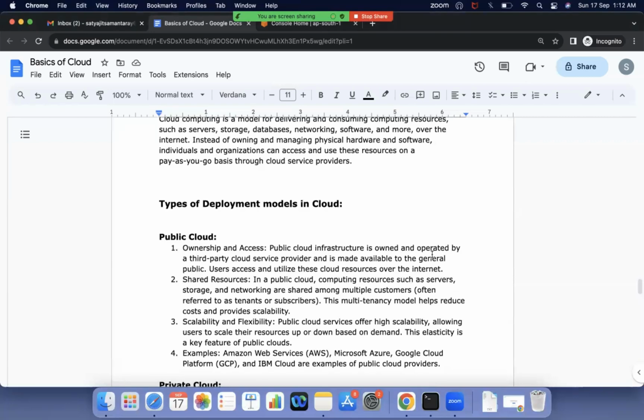Shared resources, it means the resources can be shared. It means whatever the data center is there, you can use it, I can use it, and any people can use it. But still, all are very secure, because they have their boundary, they cannot cross their boundary. Okay, scalability and flexibility. It means